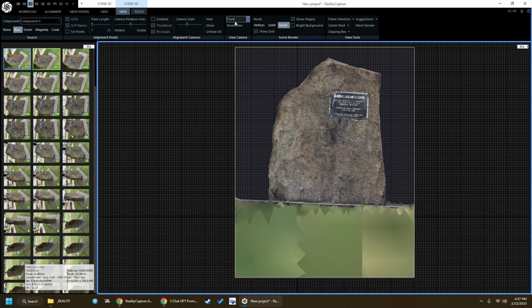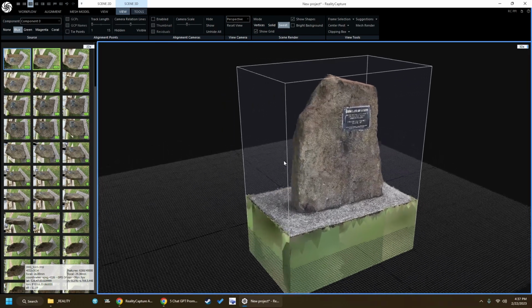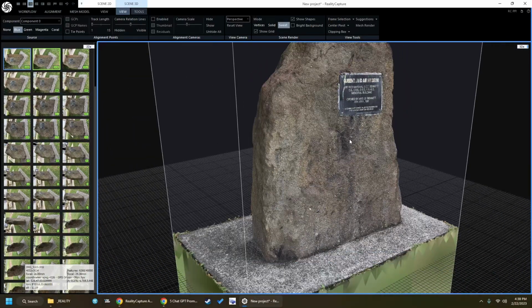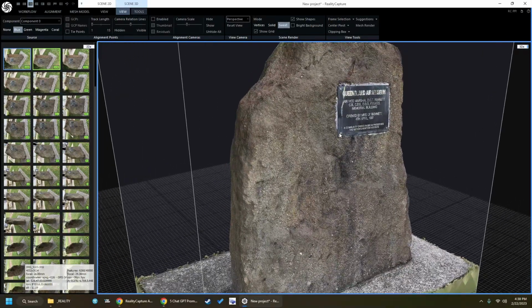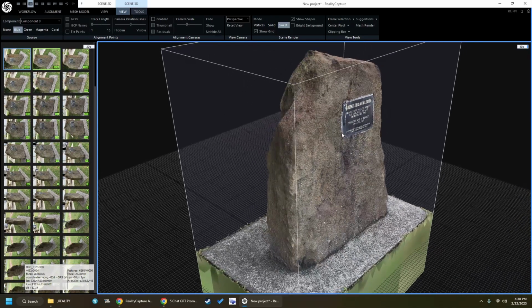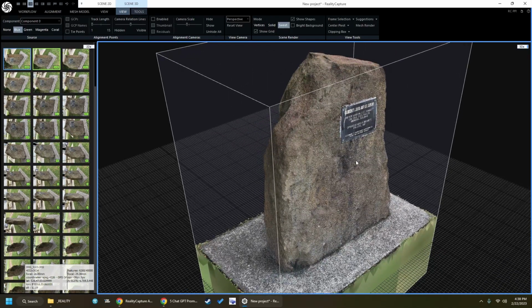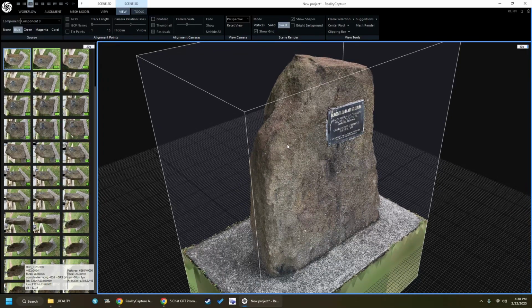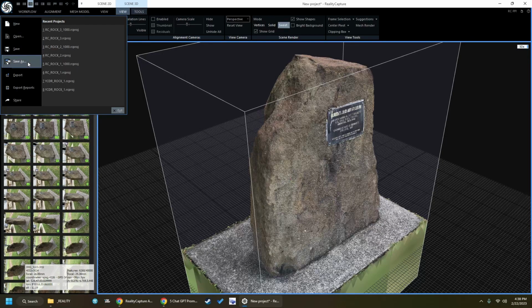So let me go back to perspective view here. Just rotate this around. So I'm going to zoom in and just, more visible up there. Okay, so we're at the point where we're quite happy, so I'll go save and